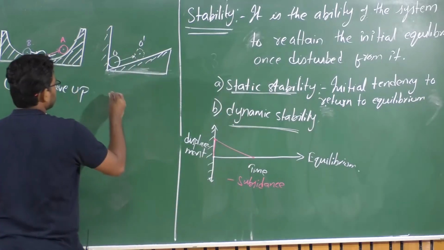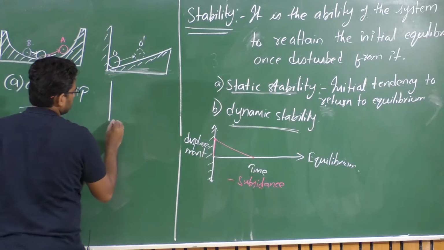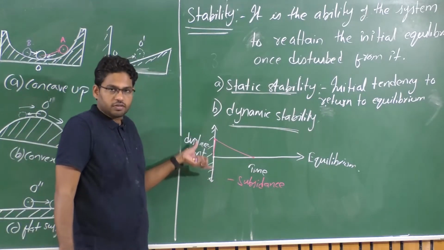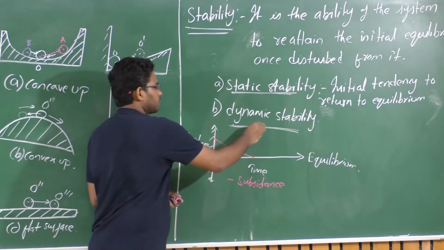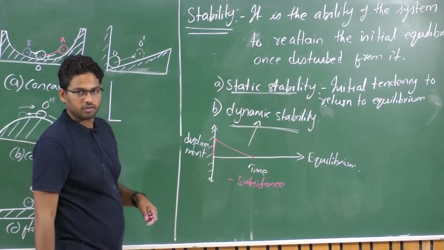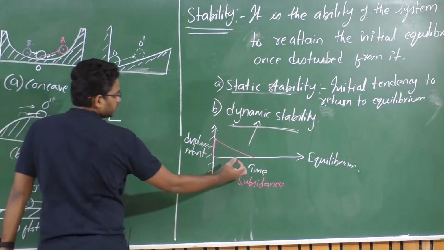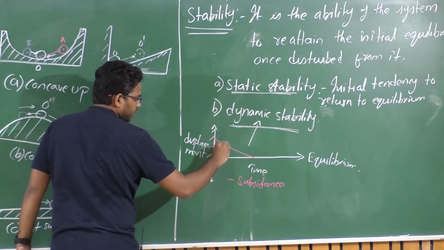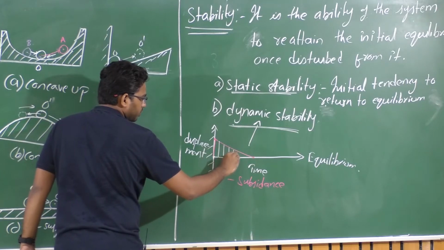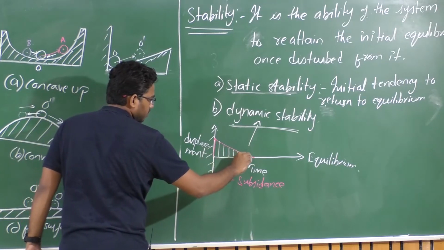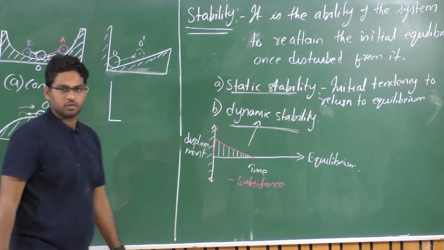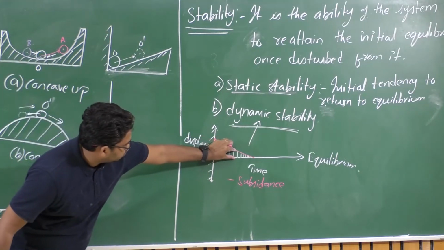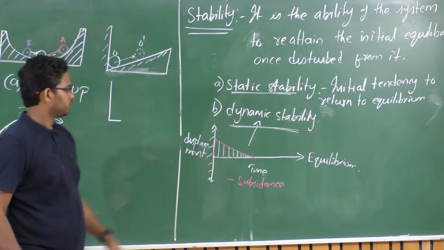So let's consider the other case. Again, here we are talking about time history of motion once we disturb, so that pertains to dynamic stability. So this is the initial amplitude. At each and every time, this initial amplitude of displacement is decreasing with time, right? This particular value keeps decreasing with time.